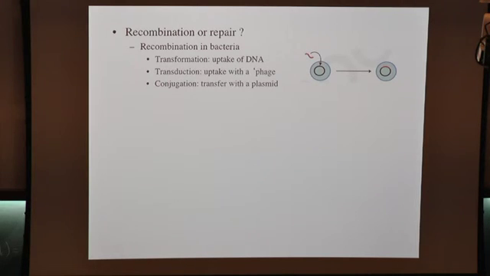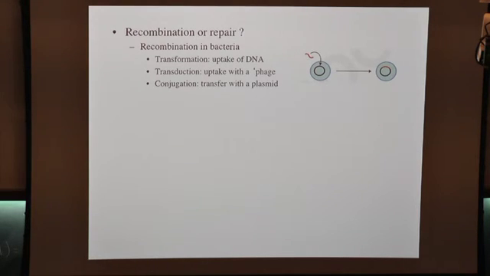Yeah. What I'm doing at the moment, to try and sort of give some sort of logic to it, is to think about how the whole thing got started, and not to come to any conclusions because we don't know the conclusion, but also to raise this issue that actually recombination involves, evolution of sex, evolution of diploidy, may have involved repair as a selective process, as well as recombination. So to explain what I'm getting at, think about recombination in bacteria, because bacteria do have recombination, and it's really important.